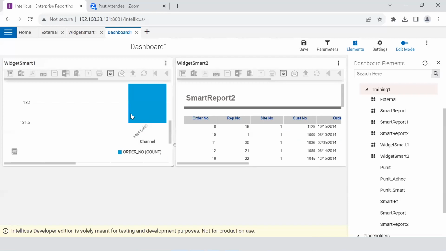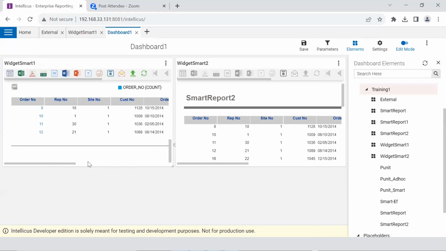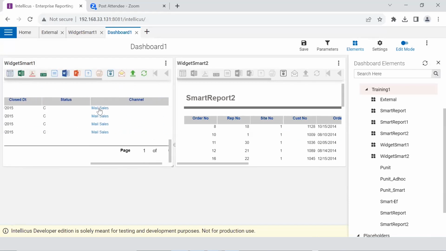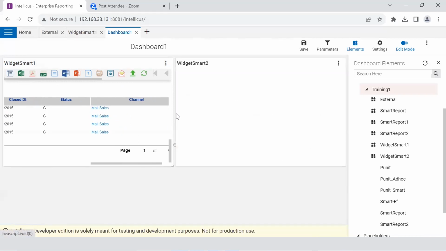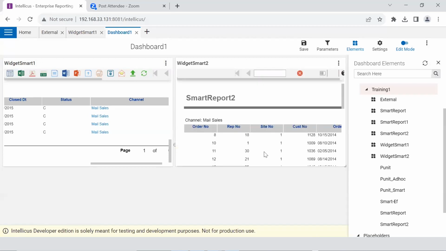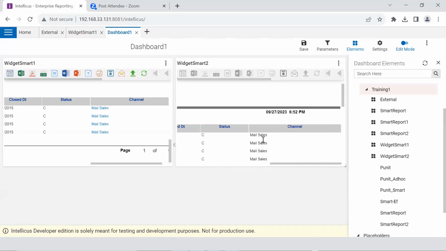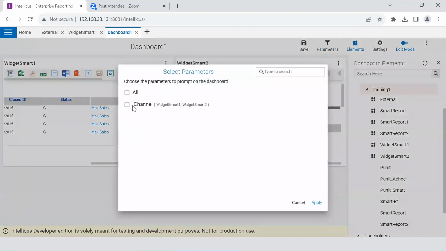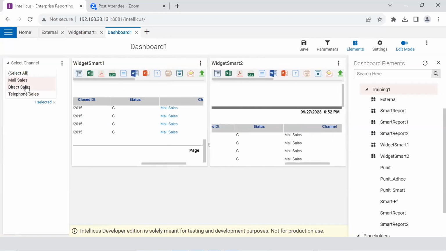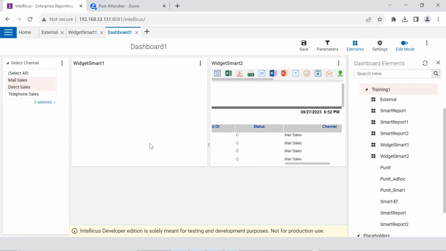So you can see, when a user clicks on this mail sales, this widget automatically gets refreshed, and I will get the data according to this channel in this particular widget as well. Let me change the values as well. So you can see that